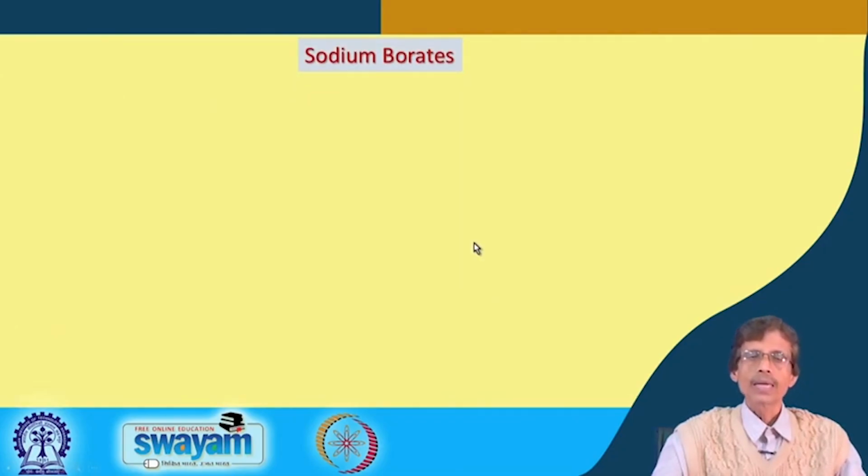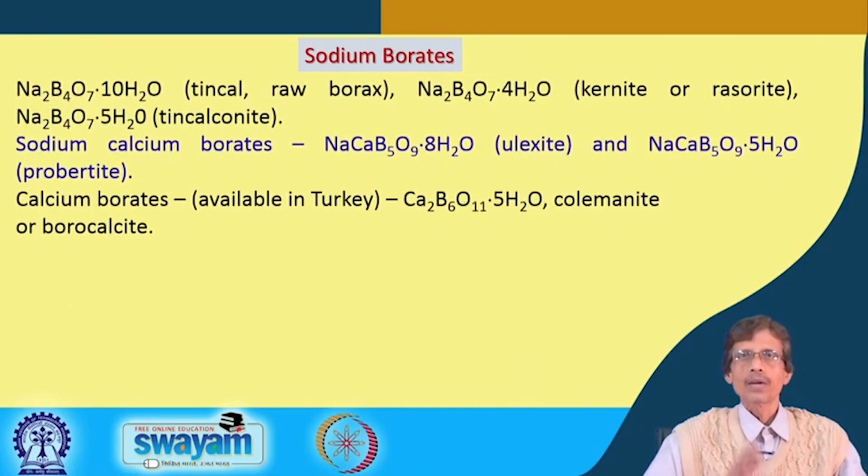Then we will see how sodium borates are formed. So, together with this class as well as the next class, we will continue this, how borates are formed. So, what are the different types of borates you know basically? As we all know, what is your borax, because we basically know it very well, because it is a naturally available compound. So, naturally available borax compound you have, and the problem is how you convert that particular one,